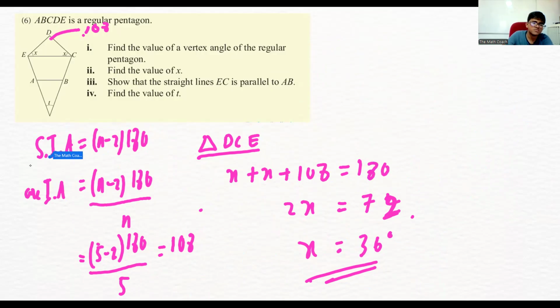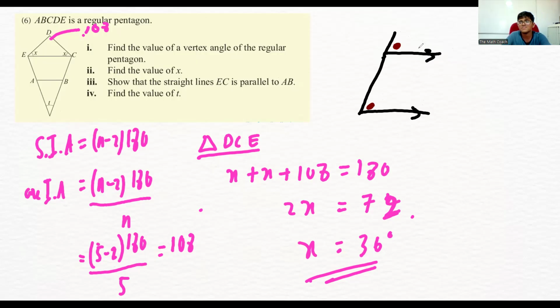So we know two theorems here. So we know alternate angles, allied angles, corresponding angles, right? So we have to know this. So the C shape is actually corresponding angle. So that is when, okay, if both of these lines are parallel, we should prove that either this angle and this angle are equal,